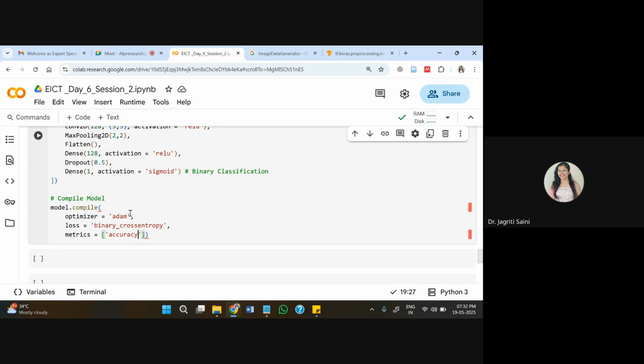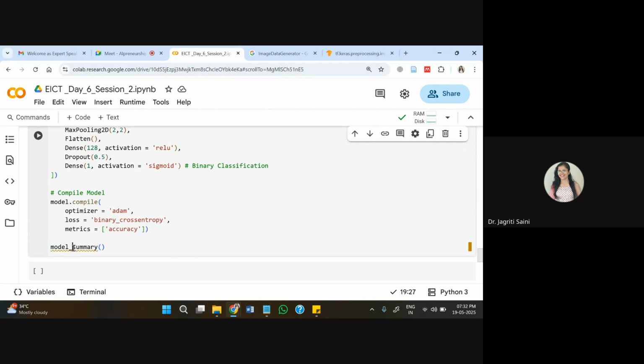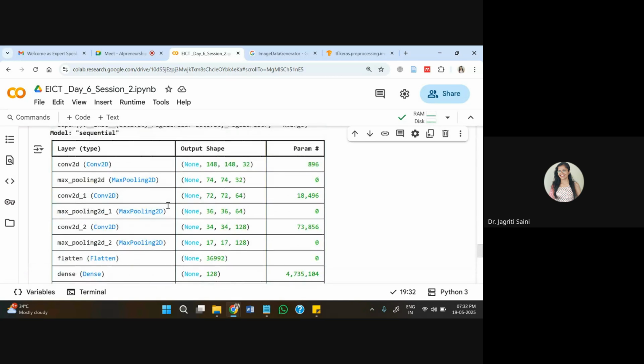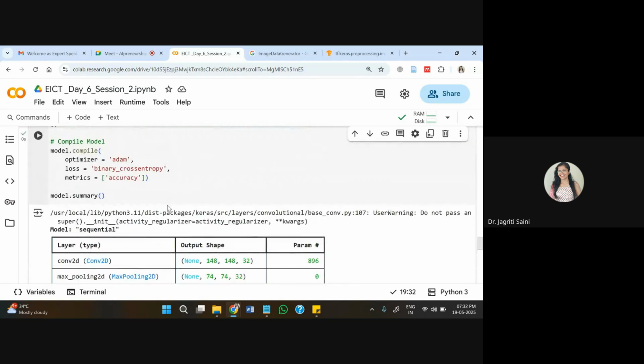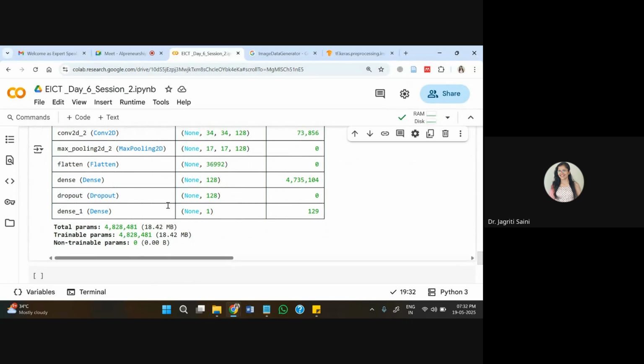The selection of metrics and loss parameters, etc., everything depends on the type of data you have initially. So based on that only, I'm choosing these metrics here. After this, I can check my model summary quickly to know what kind of model we have created. So I'll just run this part. If all layers are aligned well, it should display our model summary. Now we can see here the number of parameters that it has adjusted for our model. So this is a quick reference from the model itself.